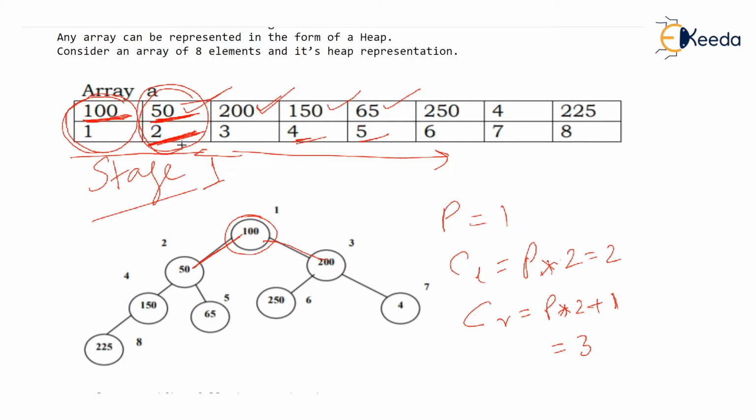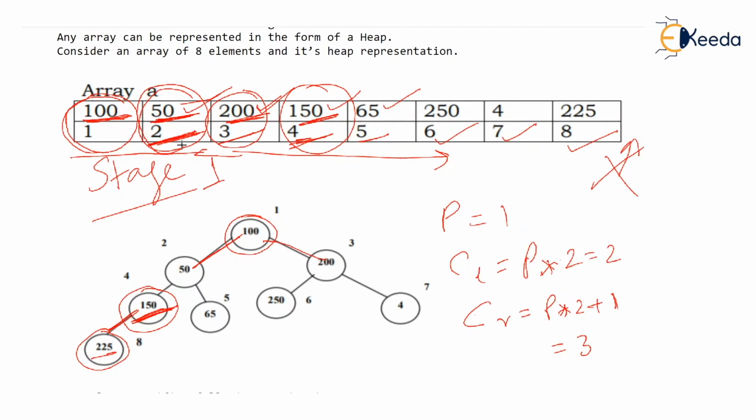What about the third node, third value? Whatever you store here must be greater than 6 and 7, isn't it? And the fourth value, whatever you store there, must be greater than the eighth value. Actually, the fourth value should be greater than the eighth and ninth, but the ninth element is not there. So the fourth node is having only the left child, as you see at the bottom here. So the fourth value must be greater than the eighth value.